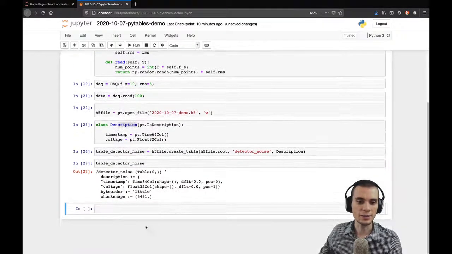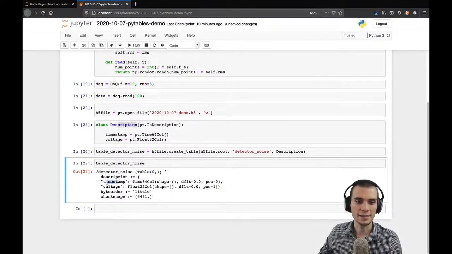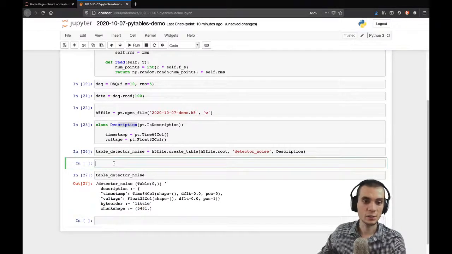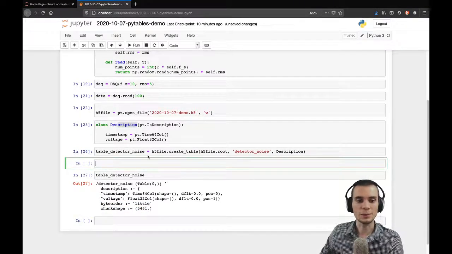And you can see that there's no data in it yet, but it has a timestamp column and a voltage column, and then these sorts of things are basically just low-level things. In normal situations, you're not going to need to know anything about this. So this would be everything you do to set up your experiment, and now